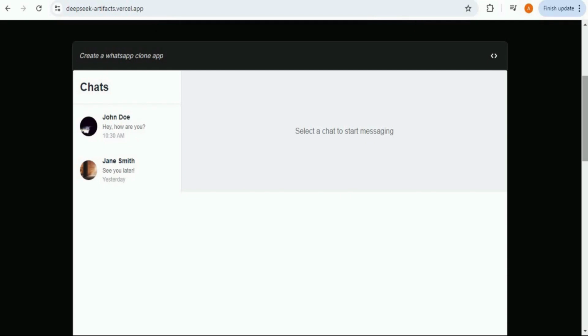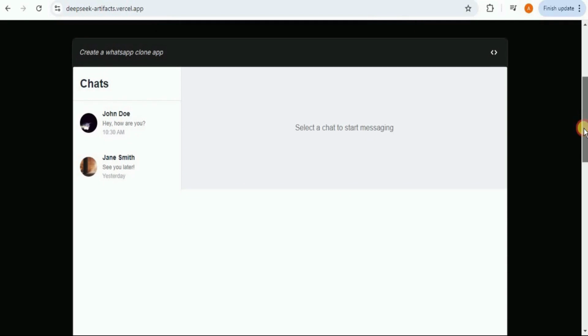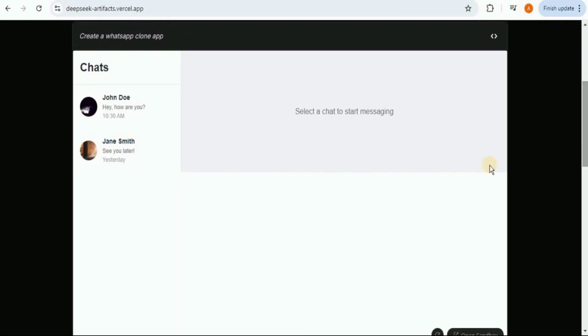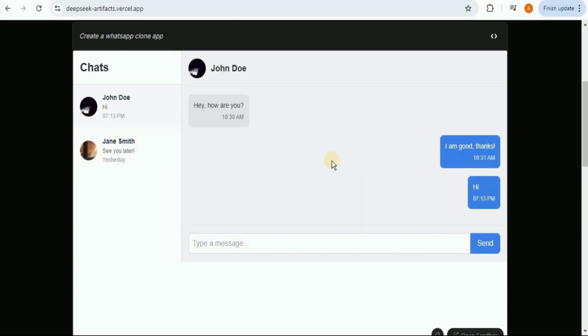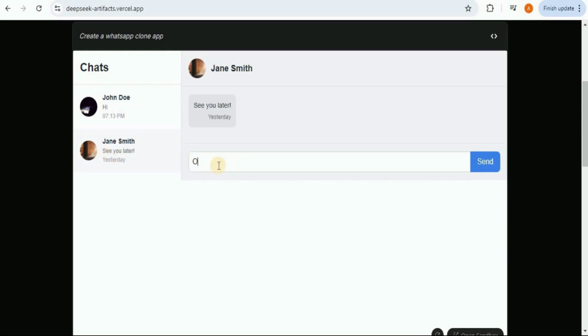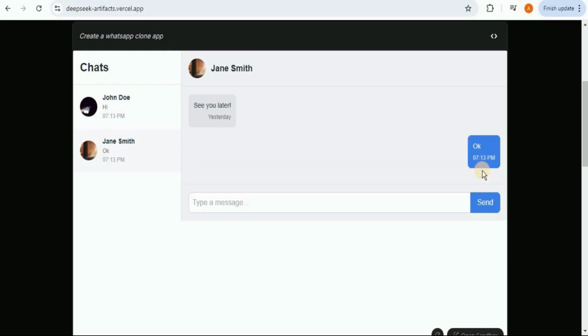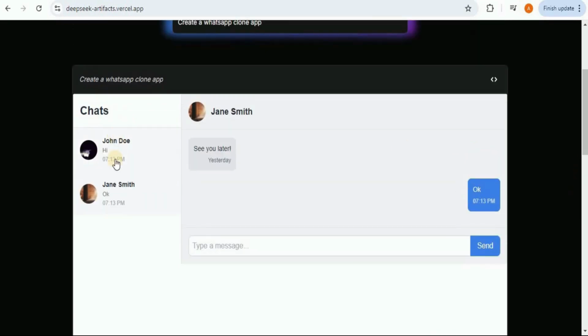You can see this is how the application looks like. Yeah, it is very much similar to the web version of WhatsApp. If you click on the app, it is going to show you the conversation. Let's try sending a message, and yes, it is sending that too. Let's go to the other chat. I'm gonna send a message, and yes, it is working too. But right now there are only 2 dummy chats right here.